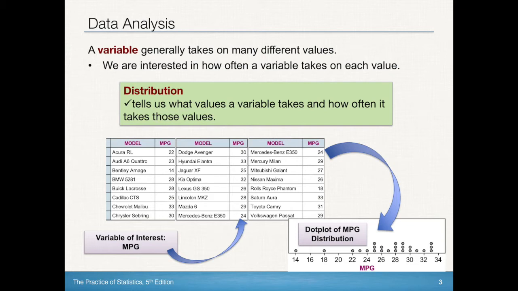So you can see that at 14 miles per gallon, there is one data point, whereas at 26 miles per gallon, there's two data points. This dot plot is something that we're going to talk about a lot in the future of this course, and it is a quick and easy way to instantly get a sense for the distribution of your data set and perhaps some other ideas about the data set that we may not be able to see from the table alone,